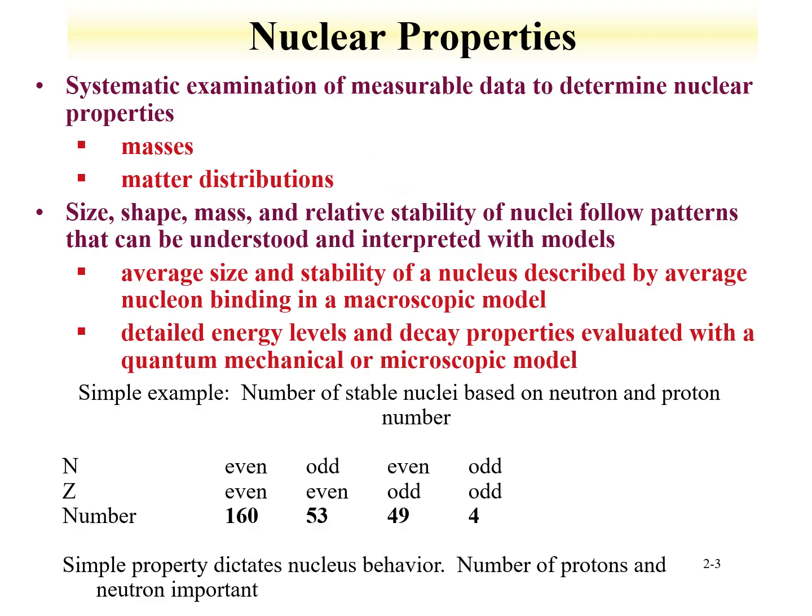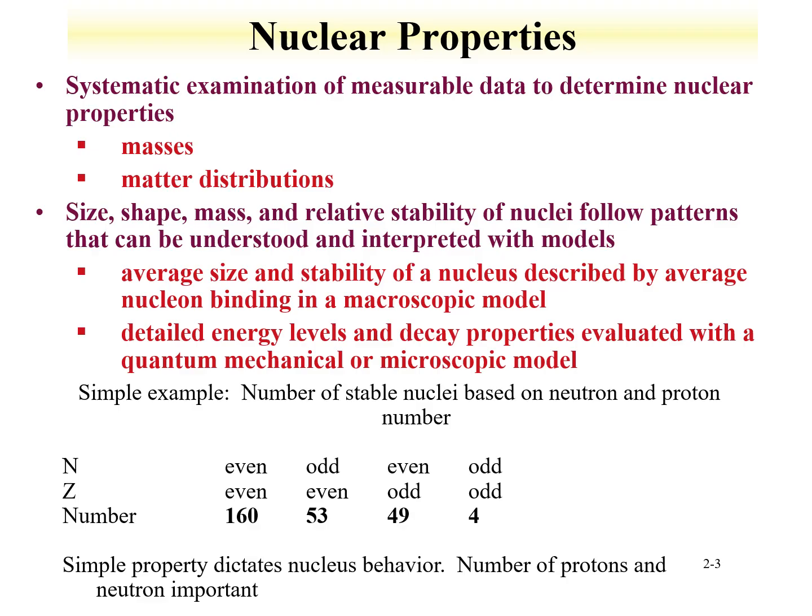So fundamentally, size, shape, mass, and stability of nuclei follow patterns that can be understood. And once you have these patterns and you understand them, one develops models so that these trends can be described. So you interpret that data. That's a classic method that's been used in nuclear physics, and we'll describe how that pattern is used not only for these fundamental nuclear properties, but in methods where one evaluates decay of nuclei, trying to understand